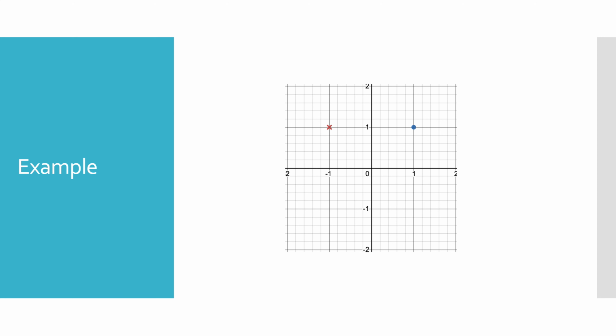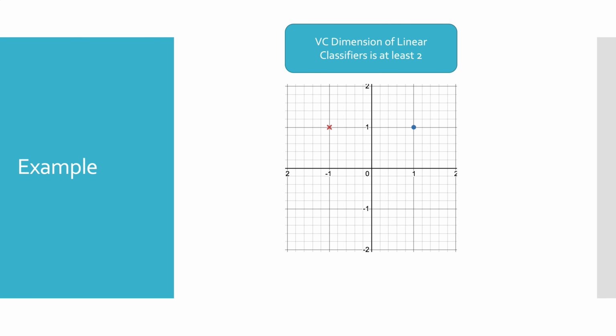If we want both of the data points to have a -1 label, we can shatter it like this. This is a linear classifier, and the green arrow is just pointing in the direction of the positive class. So it's representing basically our W. Now, if we want the blue circle to be positive and the red X to be negative, we can use this linear classifier. If we want X to be positive and the circle to be negative, we can use this linear classifier. And if we want both of them to be positive, we can use this linear classifier. What does this mean? It means that the VC dimension of linear classifiers is at least 2.